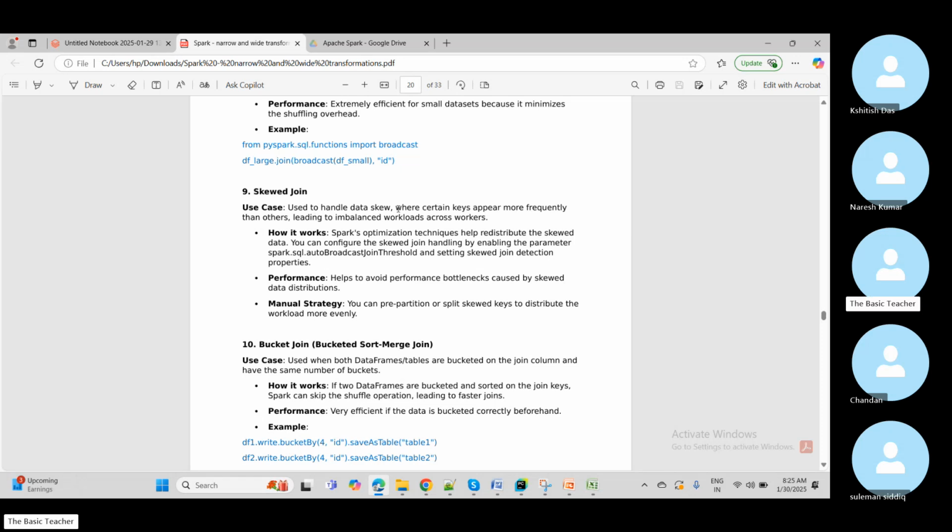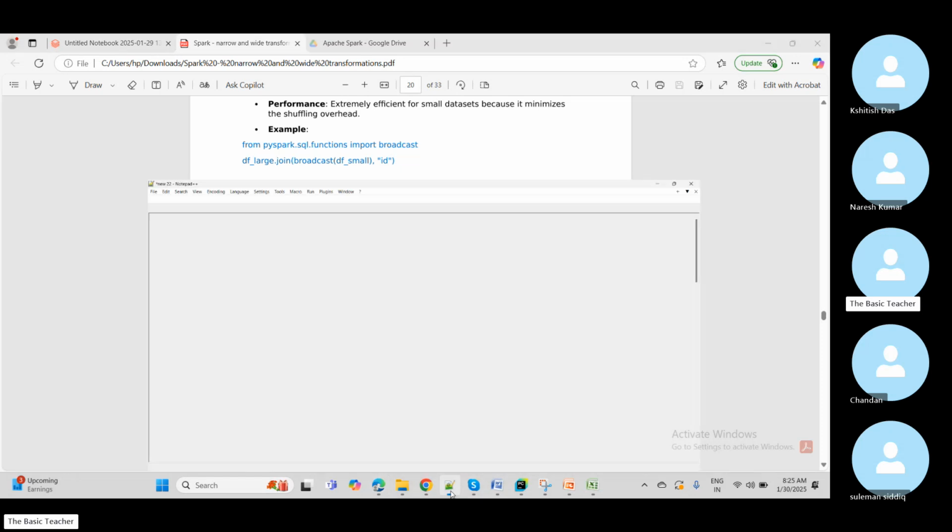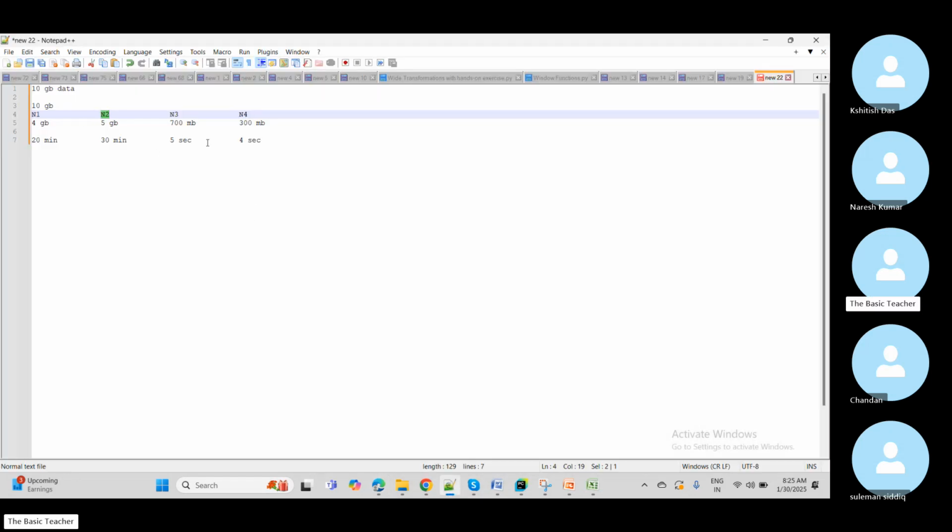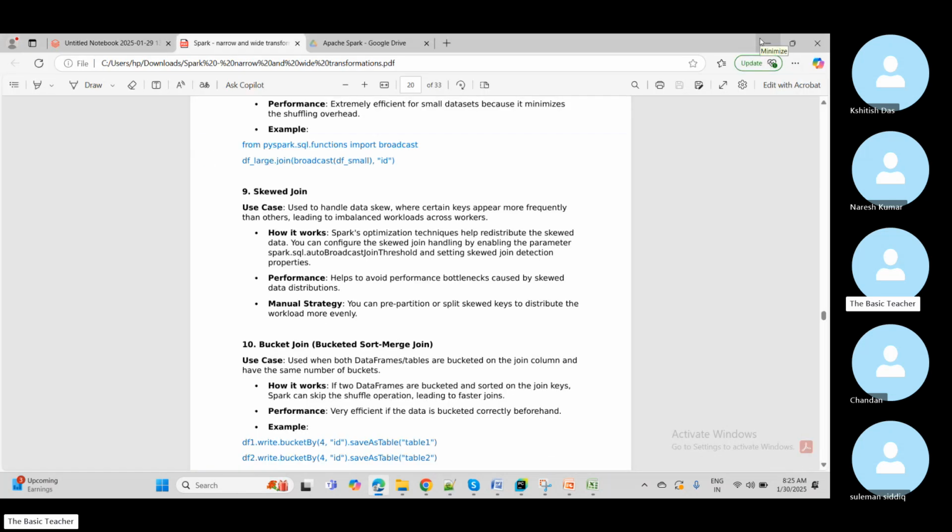So the use case is to handle data skew where certain keys appear more frequently than others, leading to imbalanced workloads across the workers. If you see here, data is not balanced properly. Data is having imbalance, 4 GB, 5 GB, MBs and MBs, right? Like that. So how it works? Spark optimization techniques help redistribute the skewed data. And you can configure the SQL join handling by enabling the parameter spark.sql.autoBroadcastJoinThreshold and